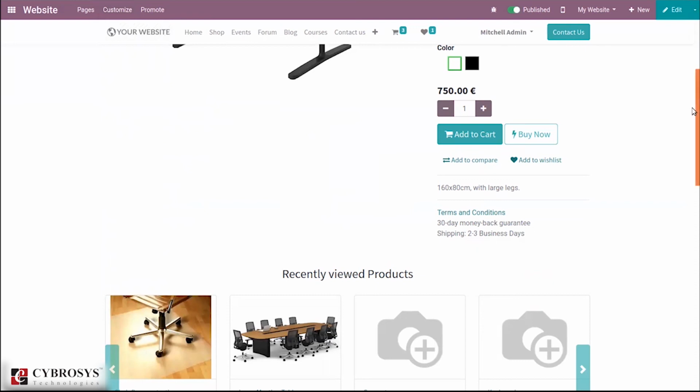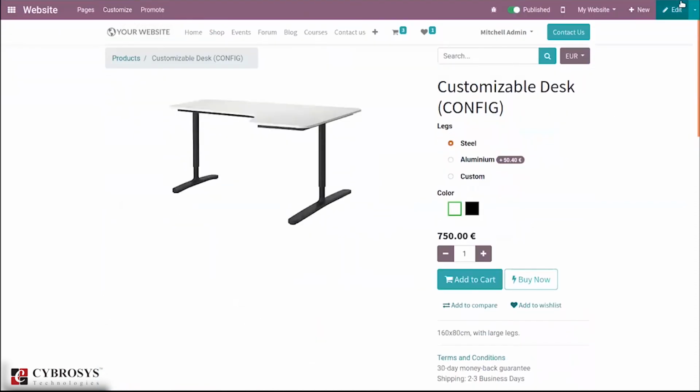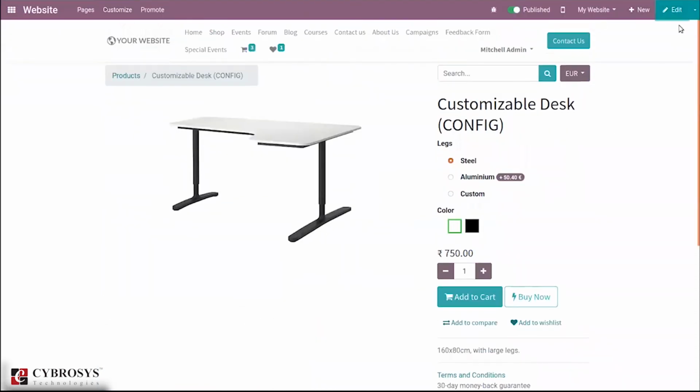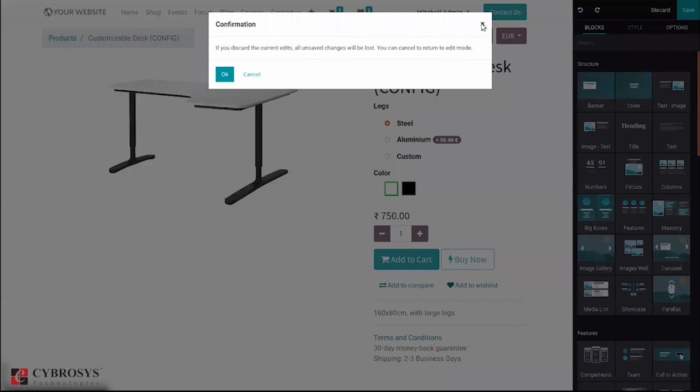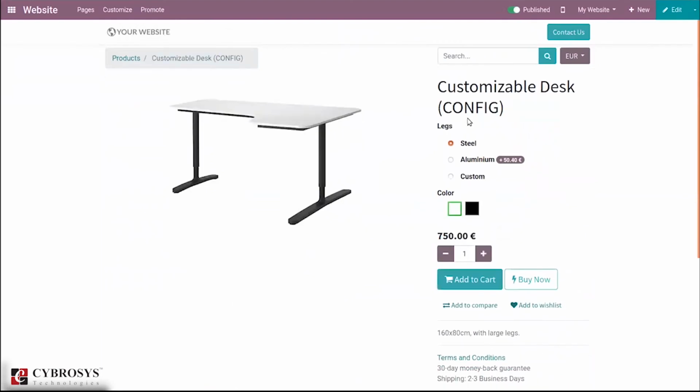And if you want to create a new product and add customization to that, just click on new and you can see the option to add a new product.